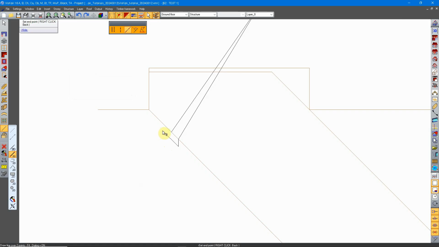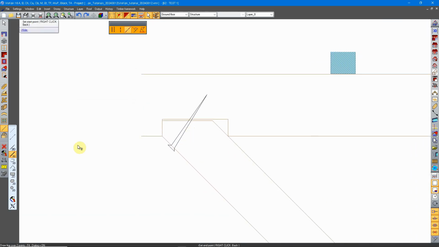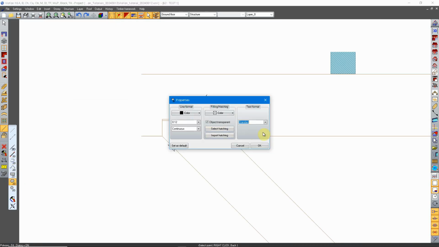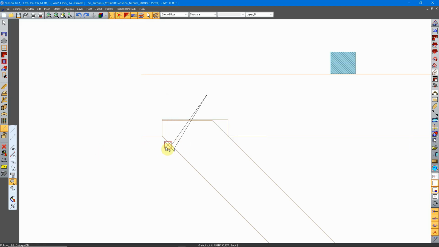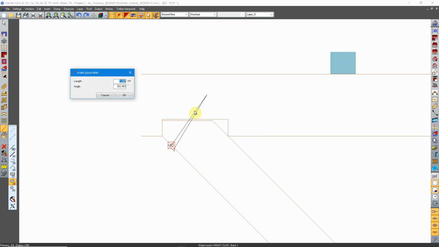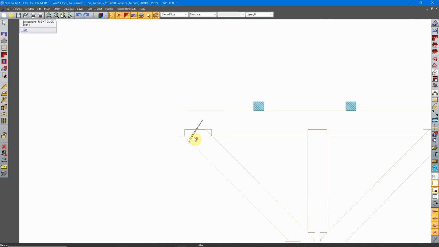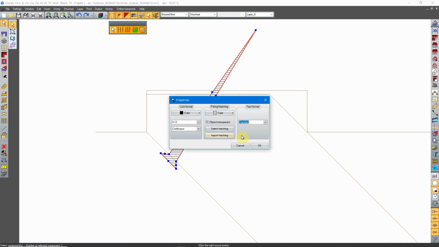Just like this. Yes, I'm going to create a hatch over it. Okay. And that's it. Maybe give it a shade